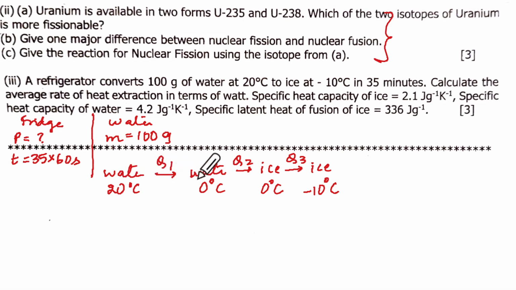This is change in temperature. We will use the MC delta T formula. This is change in state, write MLF. And this again is change in temperature. So this will be MC delta T1. Understood? Okay. So you will have the heat extracted by the fridge